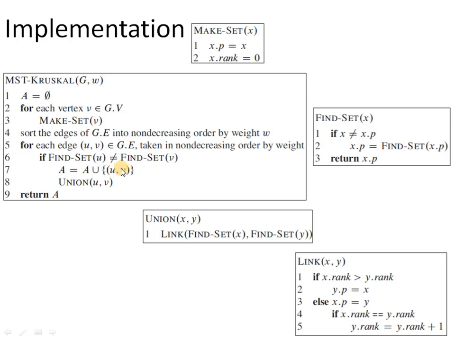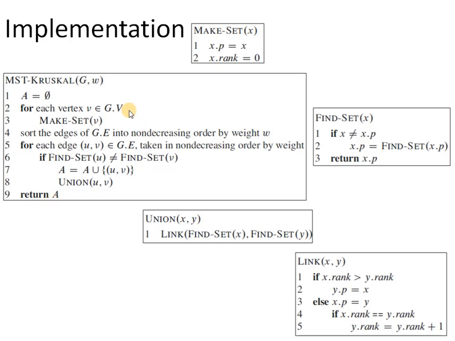In order to keep this edge, we add the edge uv into the edge set A, which is going to give the minimum spanning tree of the graph. And after adding the edge to the minimum spanning tree, we have to combine the two sets to which vertex u and vertex v belong, using a simple union operation. So after this addition, both the vertices should belong to a single set. We have to keep on doing this process till we have traversed all the edges present in the graph, and at the end we return the set A, which will give the final minimum spanning tree.